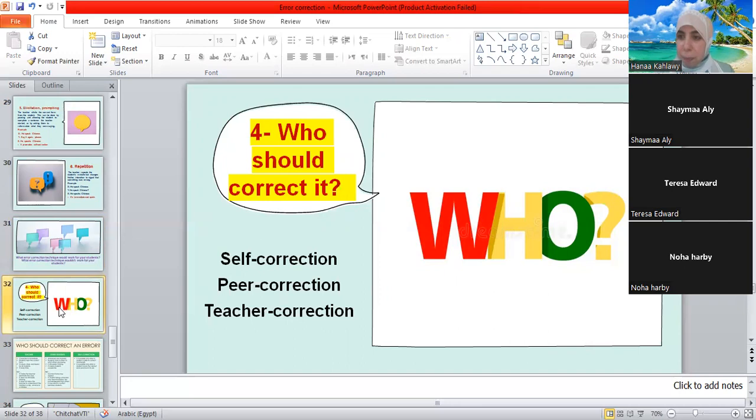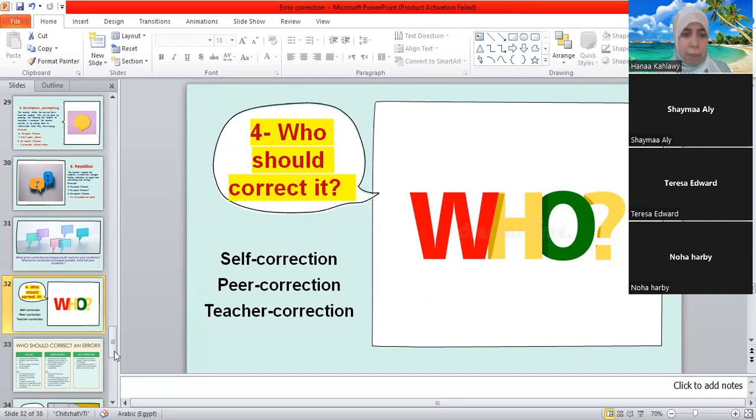So the teacher correction, the student correcting himself, so self-correction, and the classmates, so peer correction. So we have 3 people who should correct the mistakes: the teacher, the student himself who made the mistake, and the classmates, the other students. Yes, teacher, self, or peer.